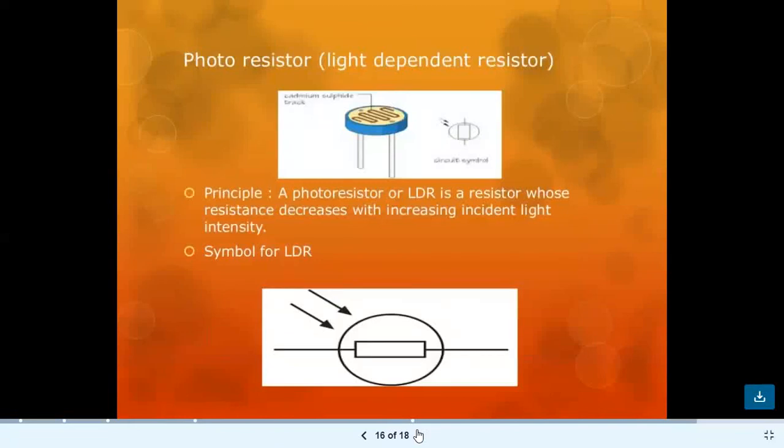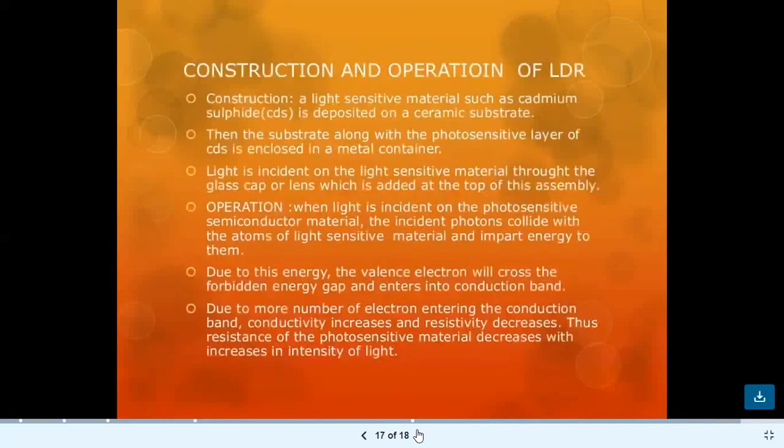Photoresistors: a photoresistor or LDR is a resistor whose resistance decreases with increased incident light intensity. That is the symbol of LDR. That is the construction of an LDR. A light sensitive material such as cadmium sulfide is deposited on a ceramic substrate, along with the photosensitive layer. The operation is based on the photoelectric effect. So what we have learned about the photoelectric effect, then a certain light is called the negative